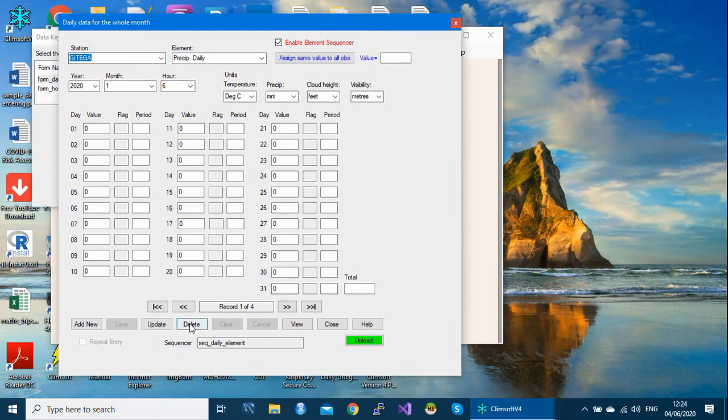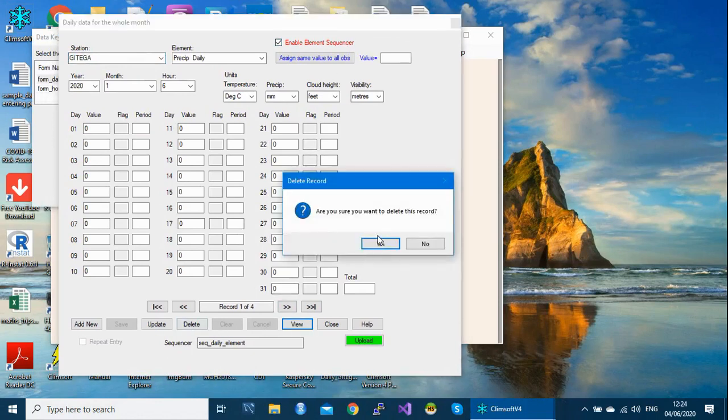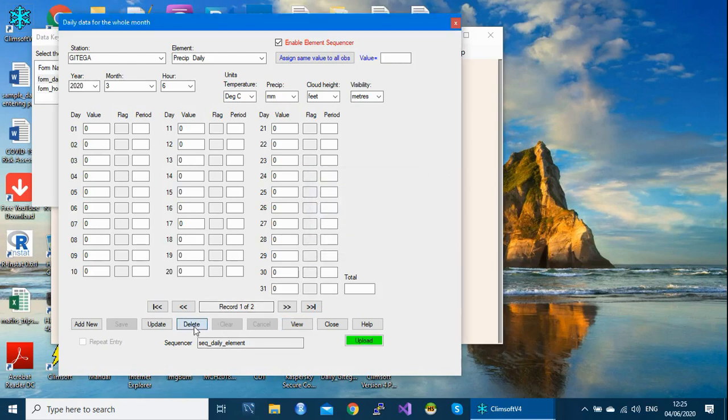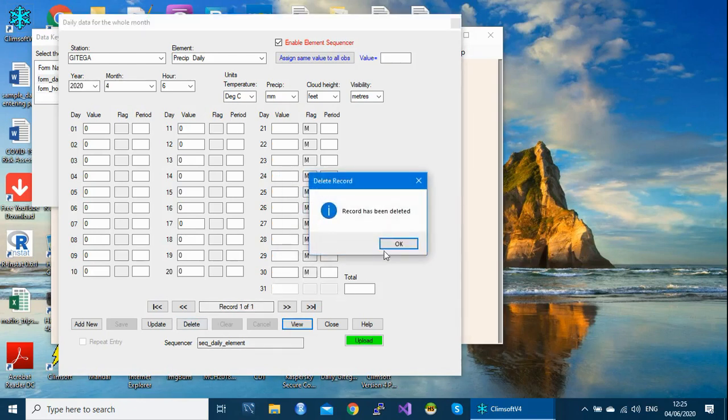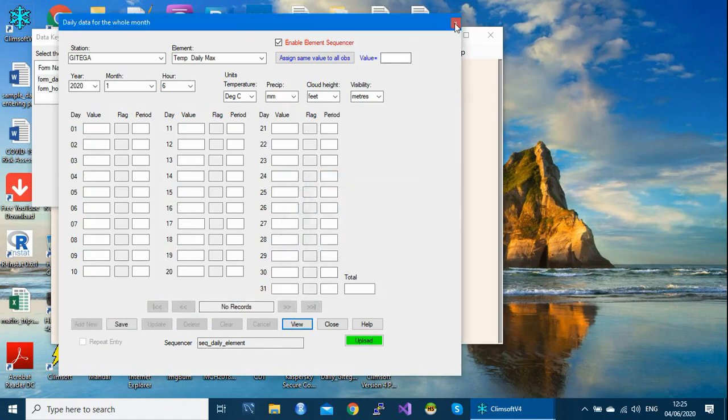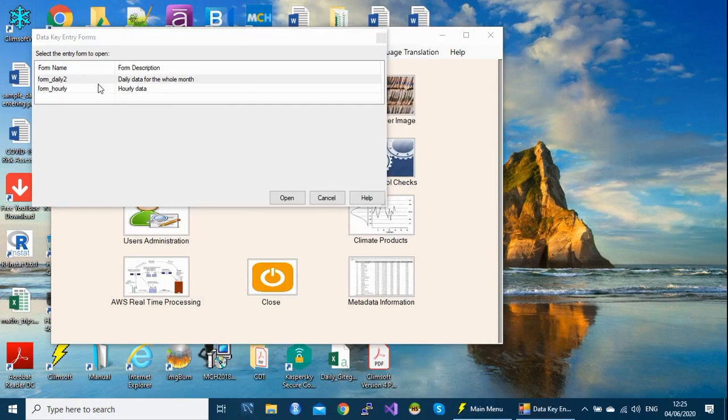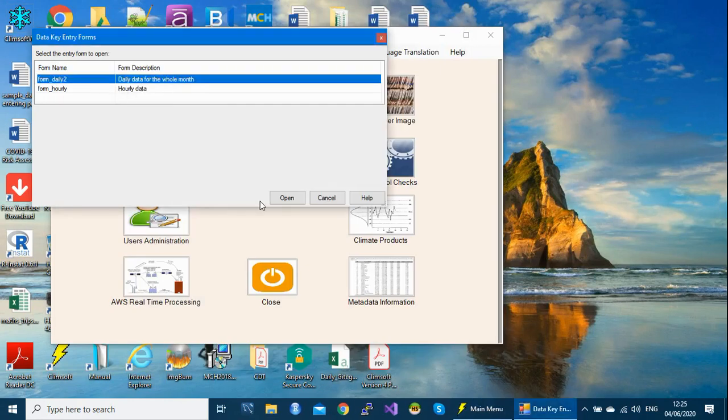Let's remove all the data in these forms to make sure we are on the same page. This is the button to remove. So our daily form is empty.